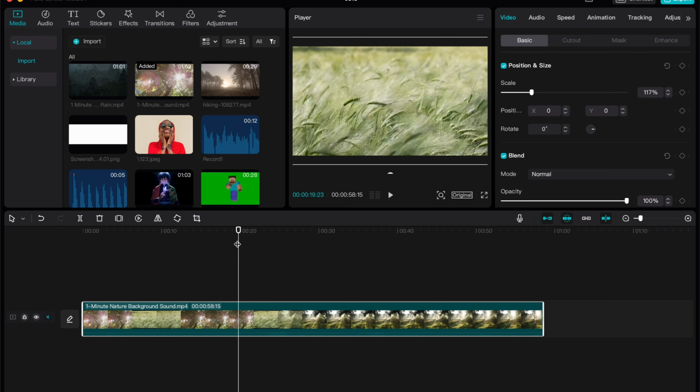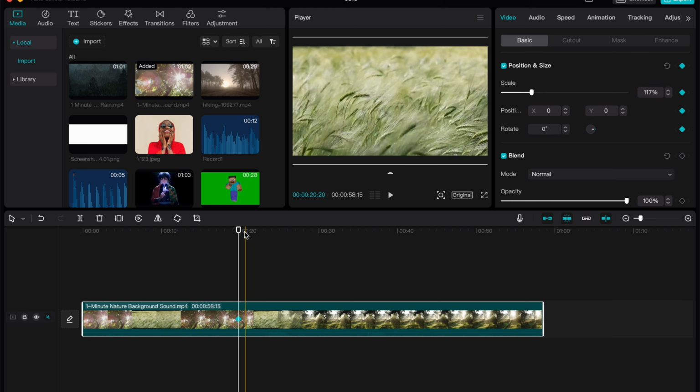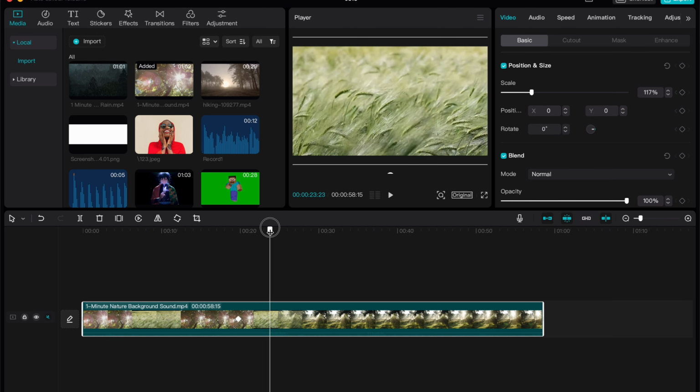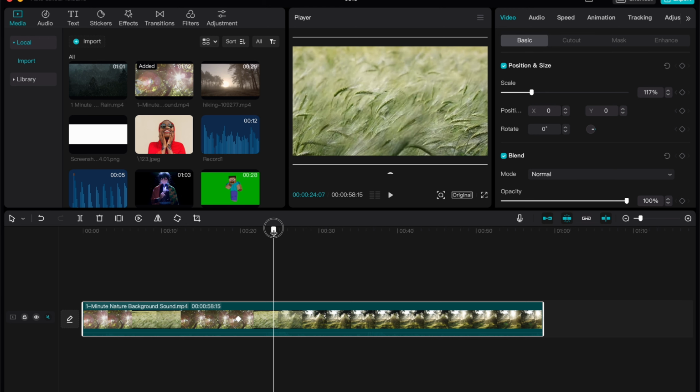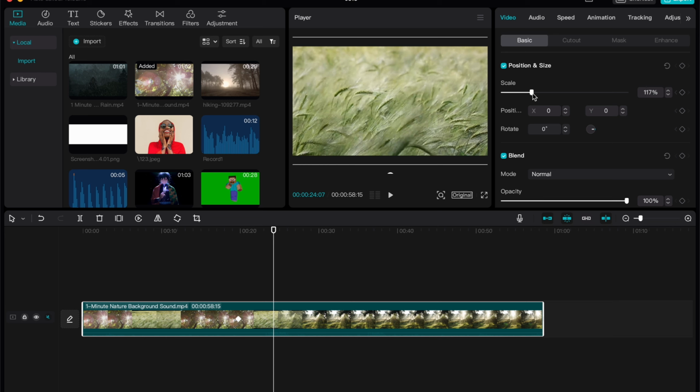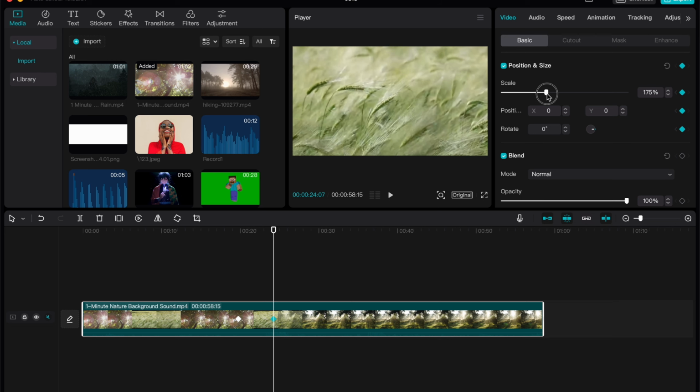Then we need to add the so-called keyframe. To do this, just go to the right top window right up here, go to Video, Basic, and then Position and size, and add the keyframe. This icon is right up here, and after that we need to find the next frame where we need to add the zoom in effect, and all we need now is to add one more keyframe and then just to resize